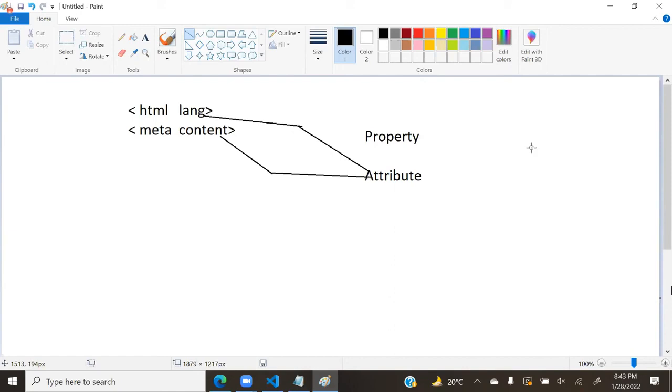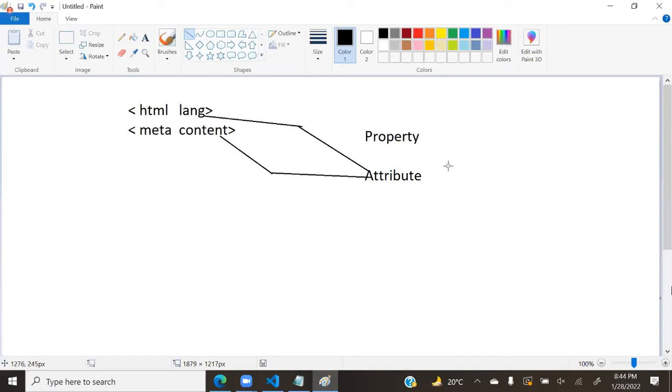In HTML, there is no question of the word property. In HTML, whatever you write for an element tag, it is an attribute. That's final. Is it an option? Is it a property? Only one word: attribute. HTML can contain only attributes.